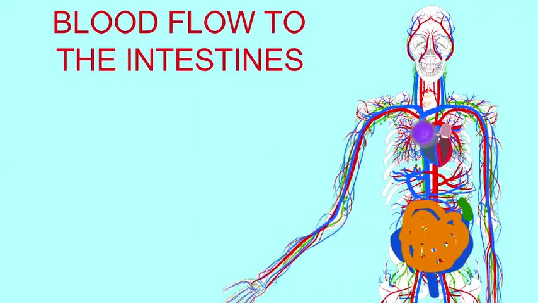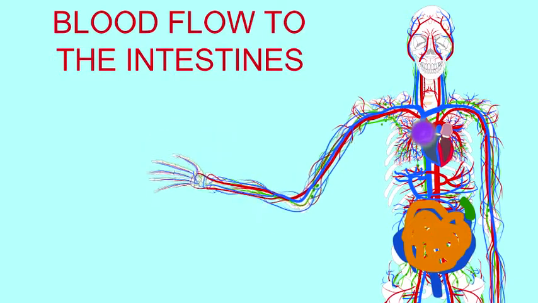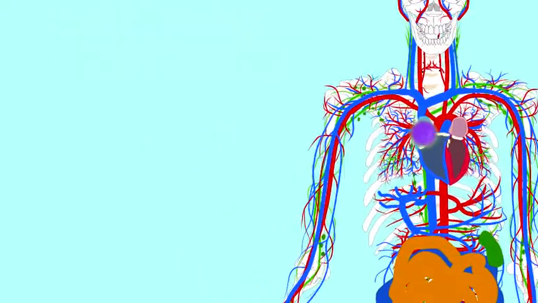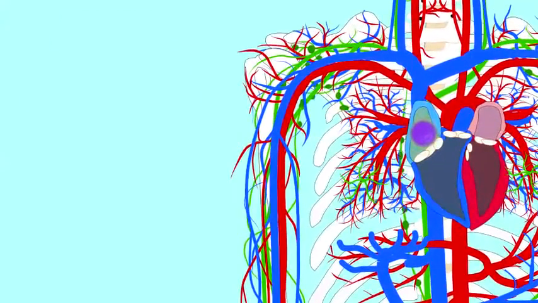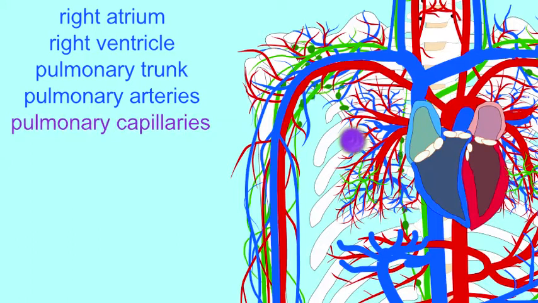If I wanted to send some of the blood in my right atrium to my intestines and back, this blood would obviously have to pass through the pulmonary circuit first. It would pass to the right ventricle, to the pulmonary trunk, to the pulmonary arteries, which would carry this deoxygenated blood to the lungs, and in the pulmonary capillaries, gas exchange would occur, so that oxygenated blood would return through